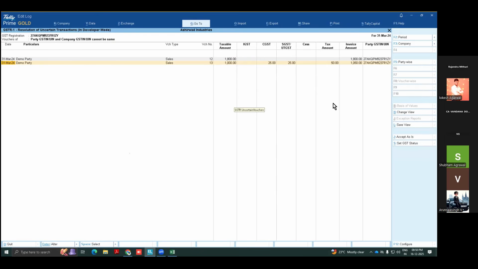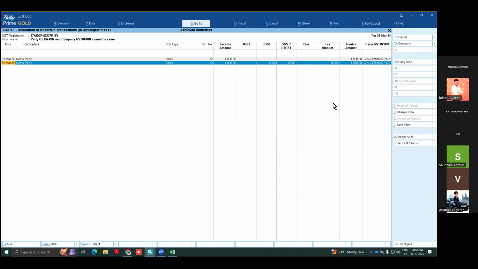I just want to focus on the purpose, which is why it's not shown on the bill. The printed bill doesn't show the GST, but it will take care of your GSTR 1, because on the back end it is getting apportioned. But this is manual. Now sir will teach us how to do it automatically.